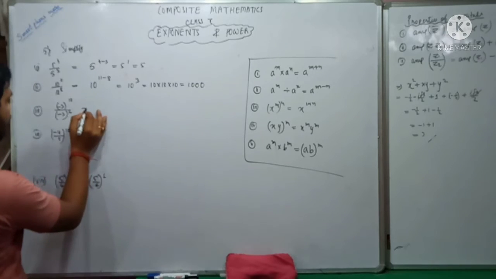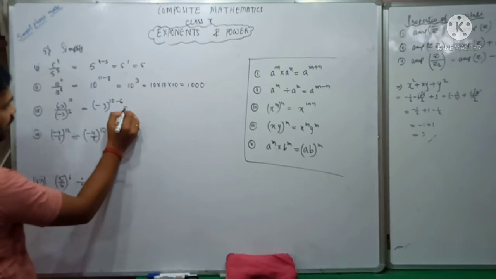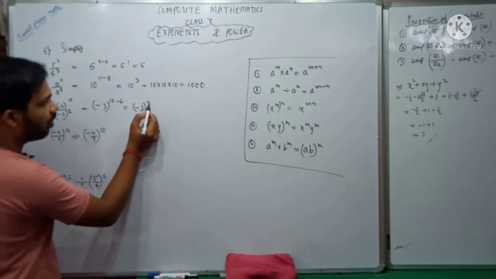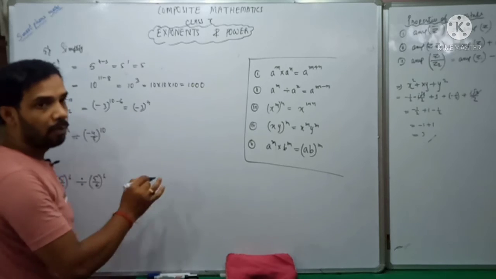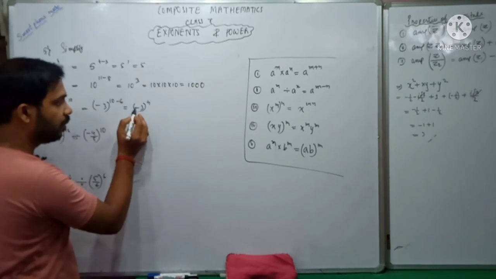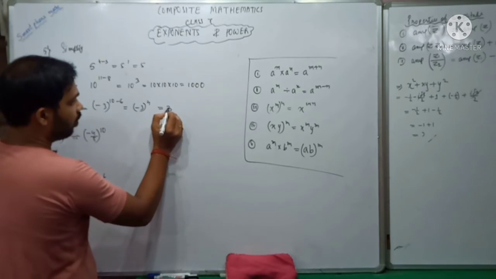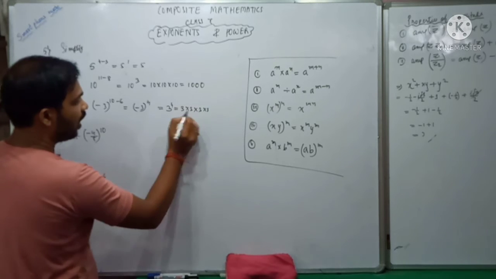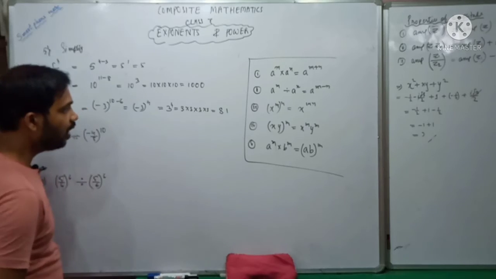Okay. Next you see, bases are same, then the power will be divided, so it is minus 3 whole power 10 minus 6. So you can write minus 3 whole power 10 minus 6 is 4. Now you see, this power is even. Now we know if the power is even, then this becomes positive, and if odd, then this becomes negative. Okay, so our sign will become positive. So it is 3 power 4. Now you multiply, expand it, then 3 3s are 9, 9 3s are 27, 27 3s are 81.